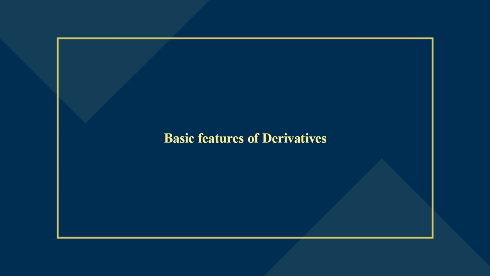Now, the basic features of derivatives. The basic features of derivative may be stated as: firstly, a derivative instrument relates to the future contract between two parties. It means there must be a contract binding on the underlying parties and the same to be fulfilled in future. Secondly, normally the derivative instruments have the value which is derived from the values of other underlying assets such as agricultural commodities, metals, financial assets, intangible assets, etc. Thirdly, in general, the counterparties have specified obligations under the derivative contract.